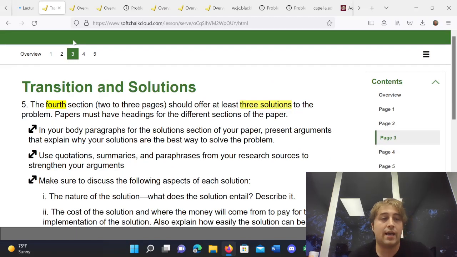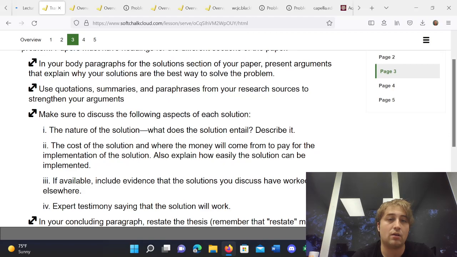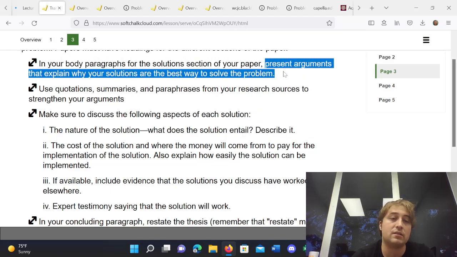All right. Next, transitions and solutions. We want the fourth section to offer at least 3 solutions to the problem. Papers should have headings for the different sections. In the body paragraphs for the solution section of the paper, we want to present arguments that explain why the